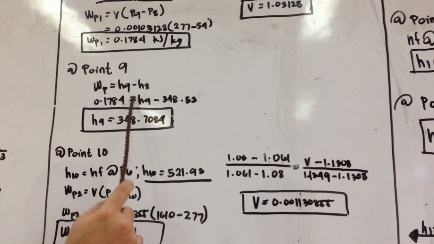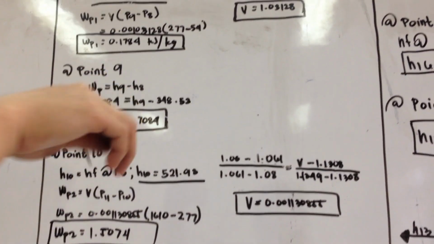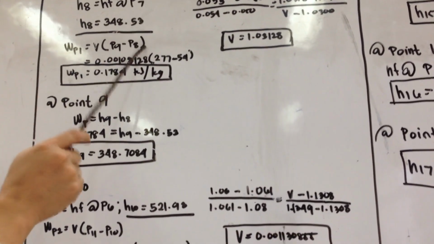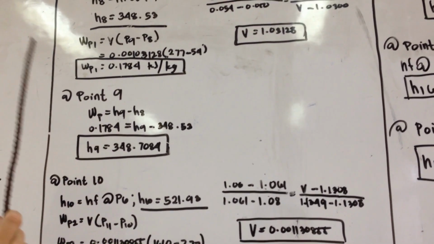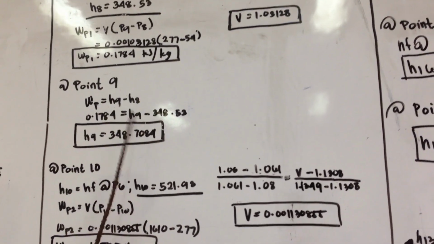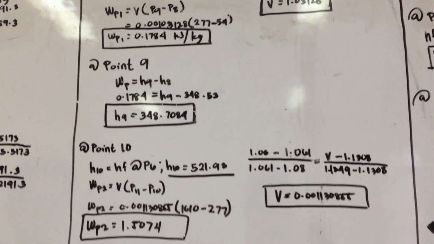To get the H9, we use the formula of work pump, because we have two formulas of work pump, this formula and also this formula. Since we already got the work pump, we can get the H9 by using this formula. So H9 is 348.7084. Then from point 10,